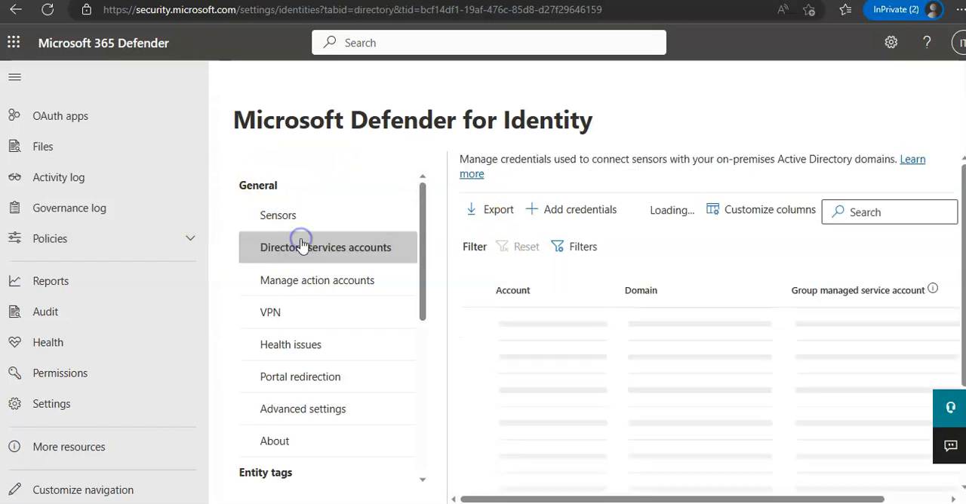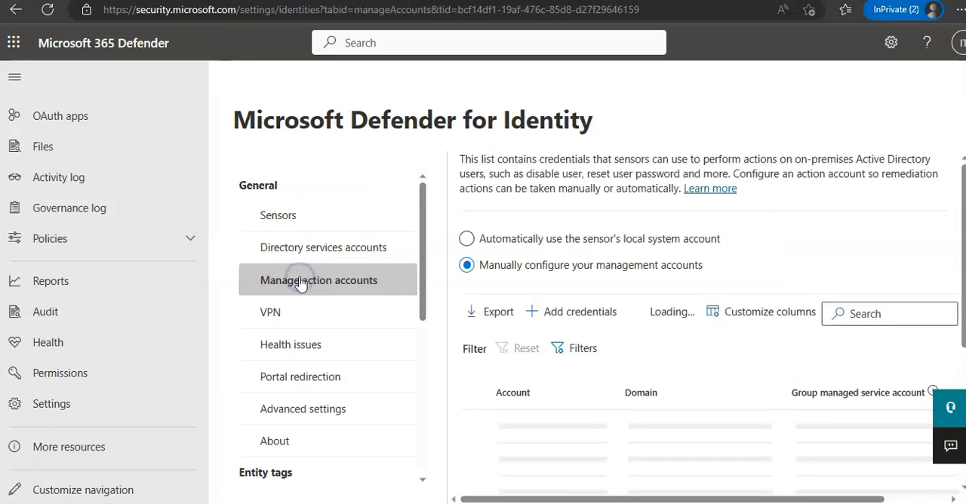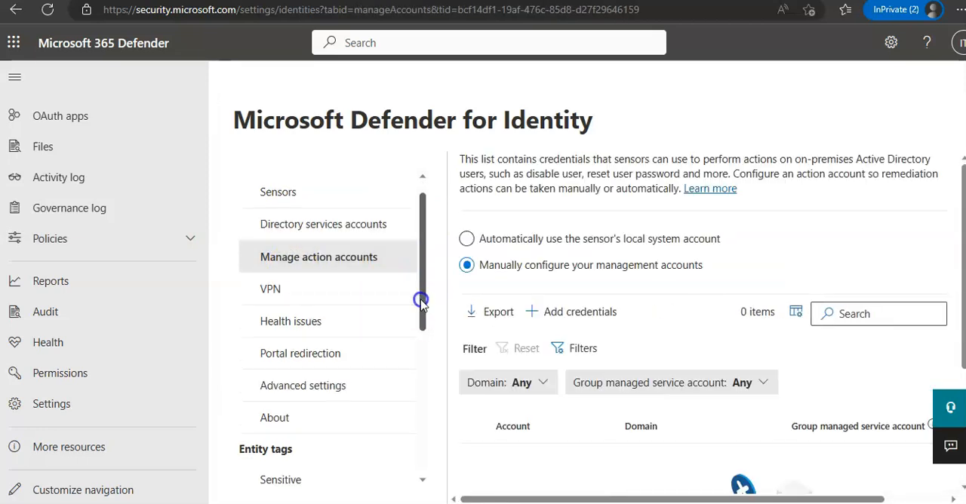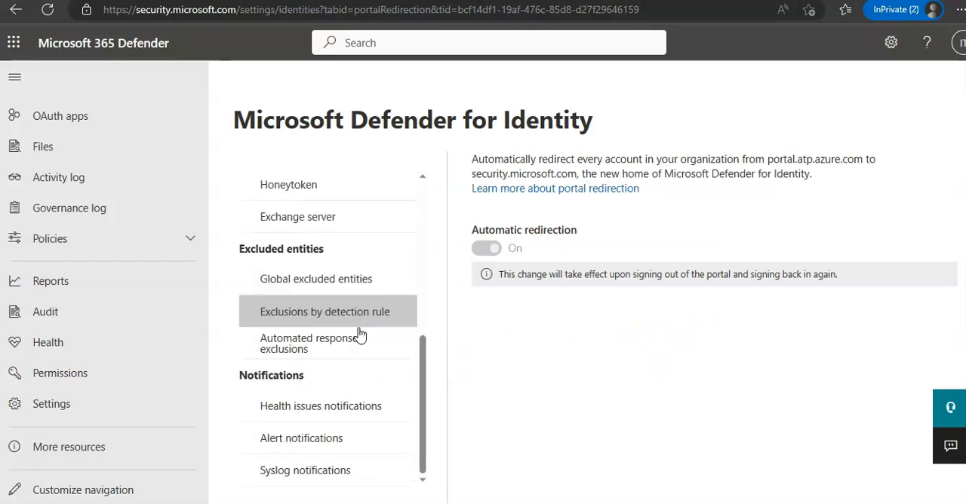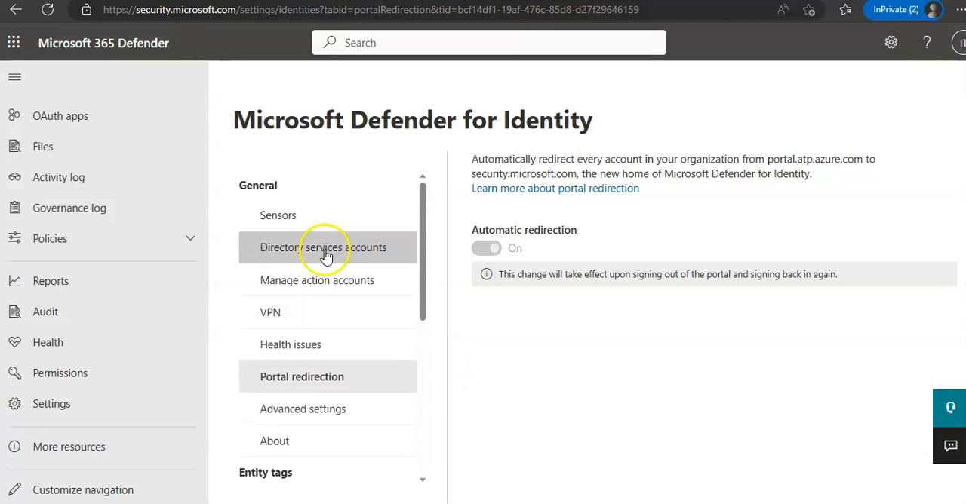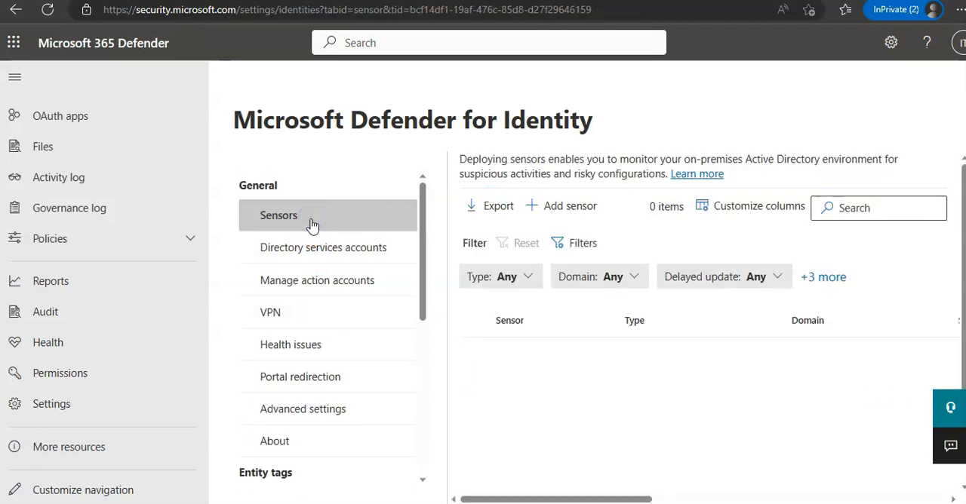You will see sensor, directory services, accounts, action accounts, VPN, portal redirection. Okay, any other options that you will discuss, we will go through these options one by one, in the sequence they come, so that we can understand how we can enable the evaluation environment, the steps, and what these options do. Okay, so the next step is to connect